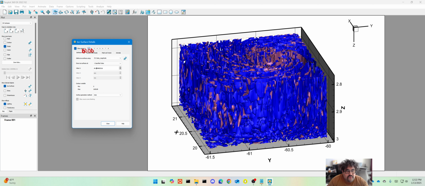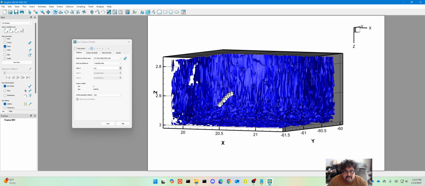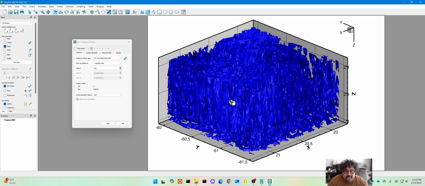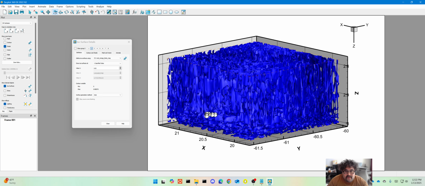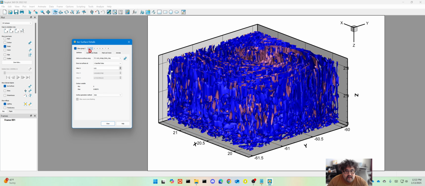So if I remove Liutex Omega, it's very, very cluttered, and you cannot see very much of the vortices. What would be better is to show the modified Omega,